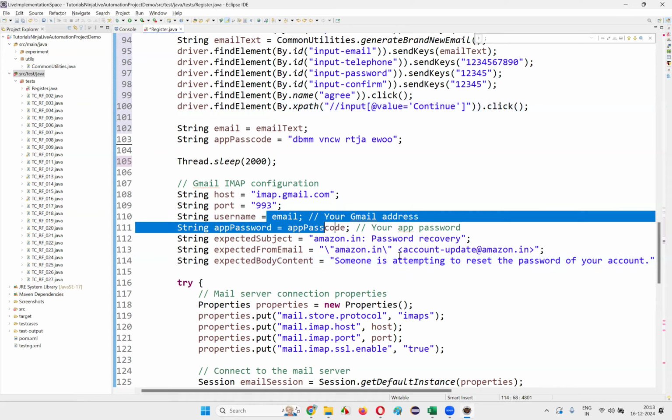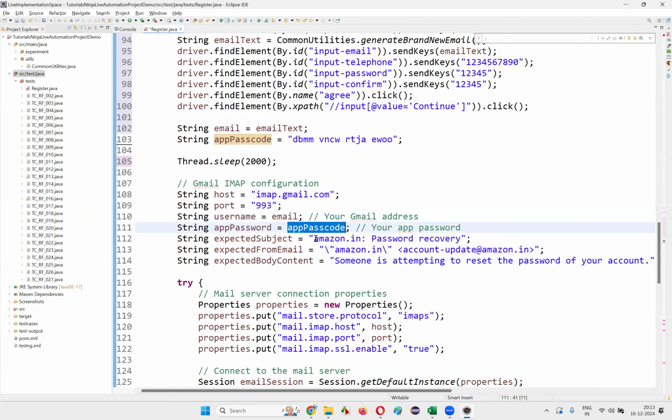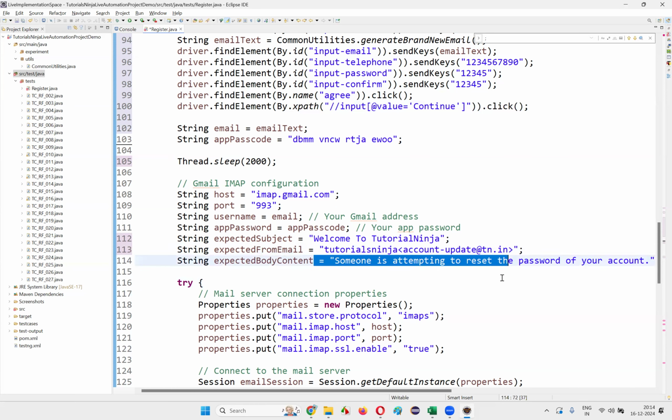Okay, the same configurations of the email: username is equal to email and app passcode. And what is the email we should get? A welcome email should come. Welcome to Tutorials Ninja, some kind of email should come, like welcome to the Tutorials Ninja application. And the sender should be like account hyphen tn dot in, TN or Tutorials Ninja, just assuming that this system is not working in our machine, but ultimately,